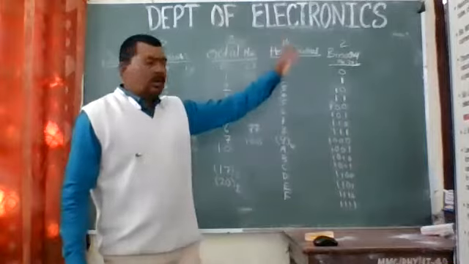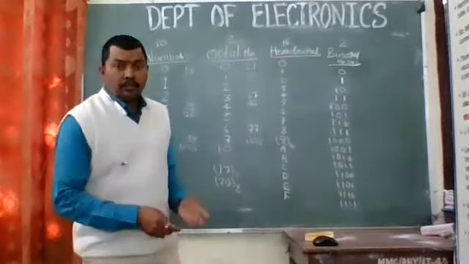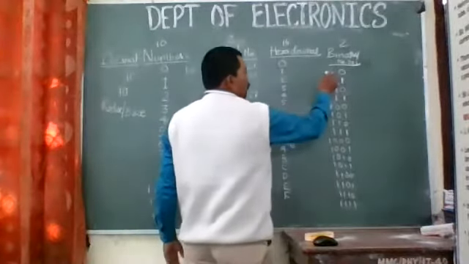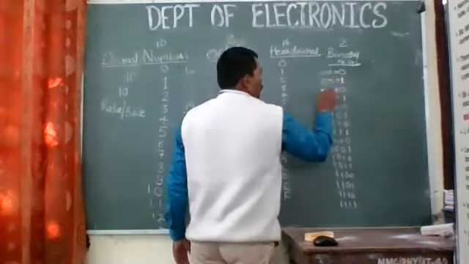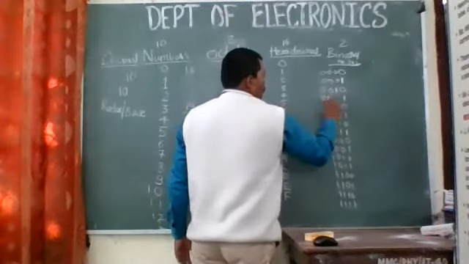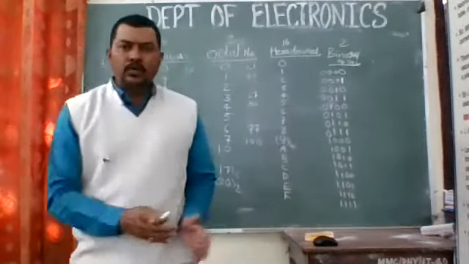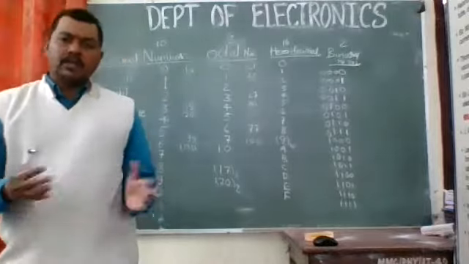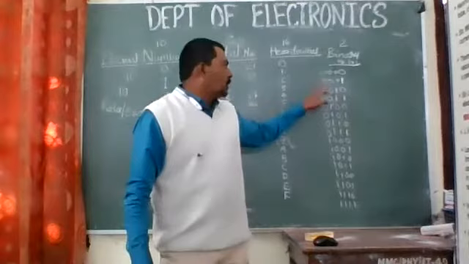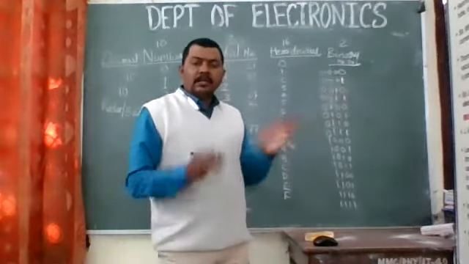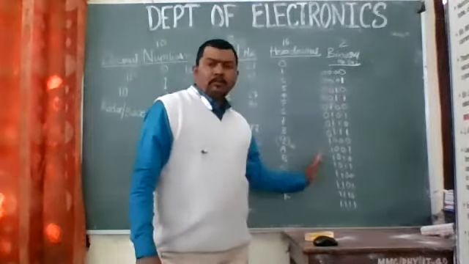Similarly, in the fourth column, you are expected to write the binary numbers, right? So they might start from 0000. If I get 4 bits, I can put it like this. If you put 0 in front of any number, it doesn't make a difference actually. So when I write 0001, it implies that it has a value of 1 only, right? So I'm writing these numbers in 4 bits.